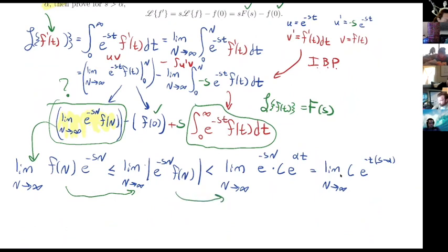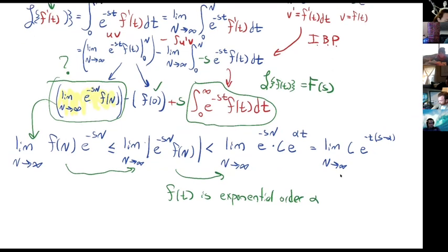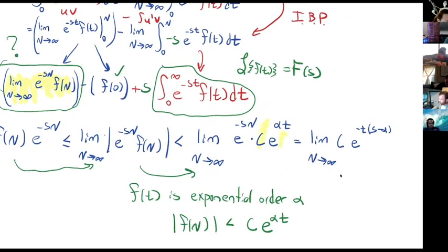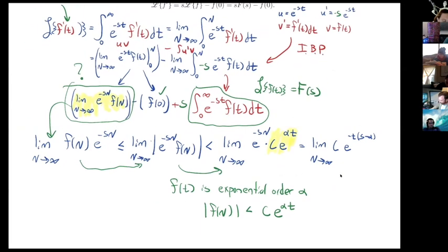Then going from here to here, we're using the fact that f of t is of exponential order alpha. What that means is for large values of n, this is going to be less than some constant times e to the alpha t. That function behaves like e to the alpha t. It was this exponential order assumption that allows us to